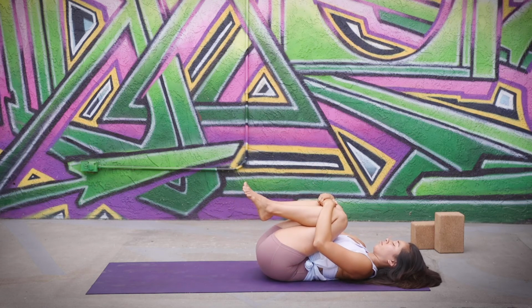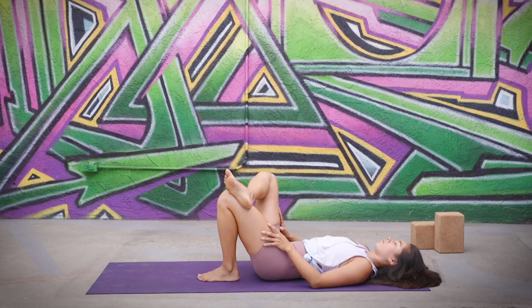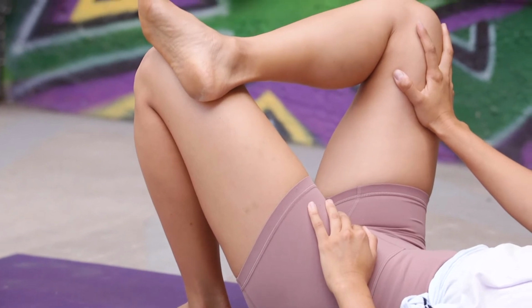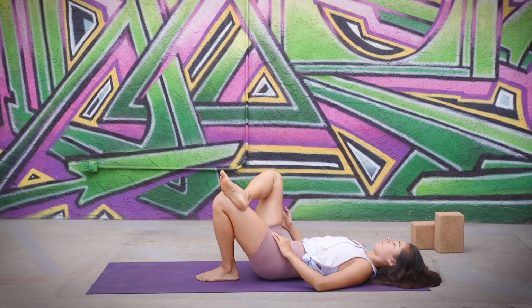I want you to flex both of your feet. Cross your right ankle on top of your left thigh so that you're making a figure 4 shape with your legs. For some of our bodies, we've got really tight glutes, and you might be here placing the left foot on the ground with the right knee across your left ankle. If that feels like not a stretch at all for you, you can take this up just a little bit